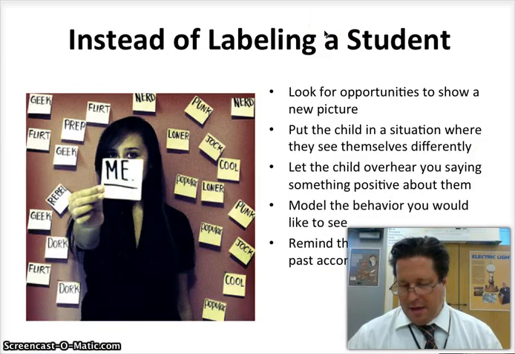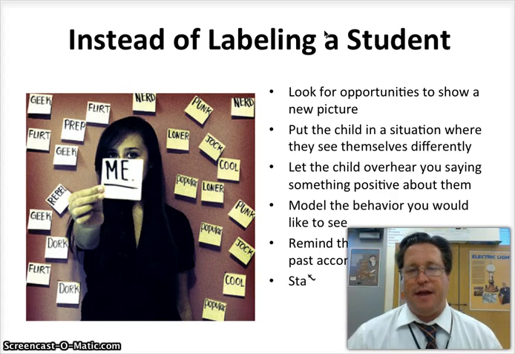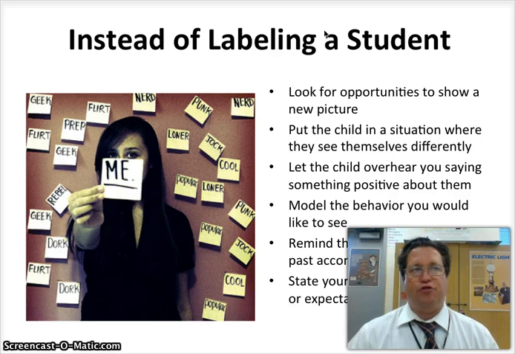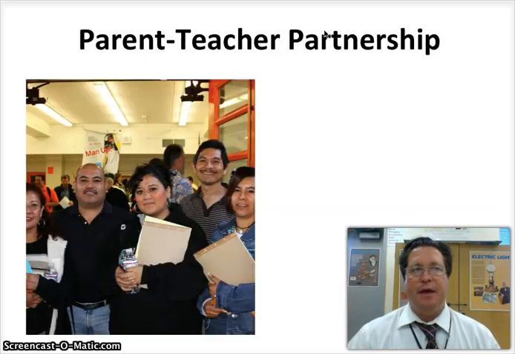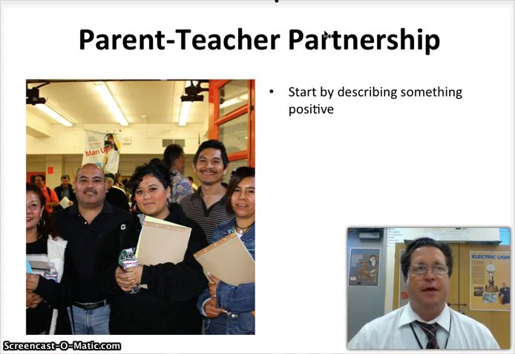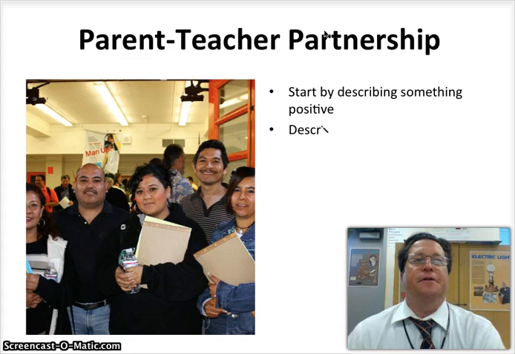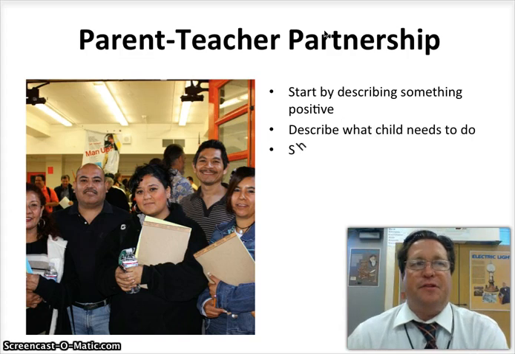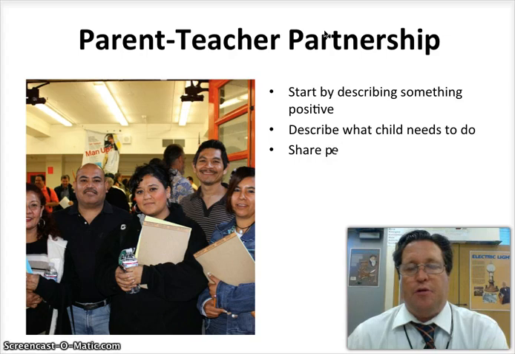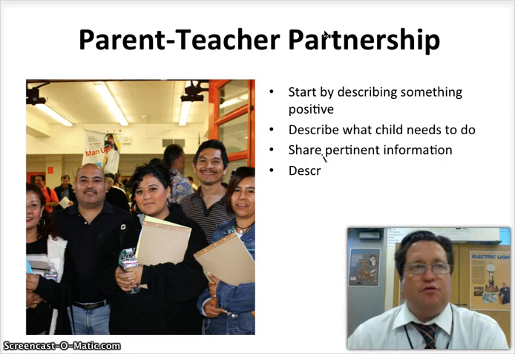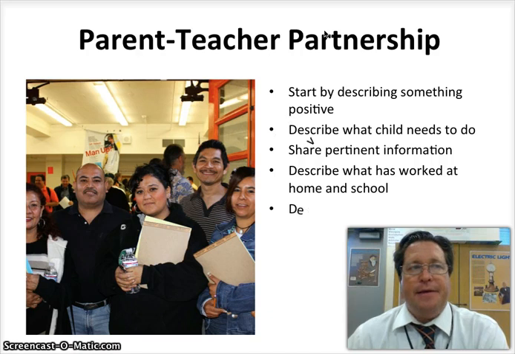Yes, there we go. And lastly, you're going to state your feelings and your expectations again in a positive fashion. So I'm going to rush through the next slide because I'm running out of time. It is about parent-teacher partnerships. You start by describing something positive. Then you describe what the child needs to do to be successful in your class. Then you share the pertinent information about a particular incident. You allow the parent to describe what has worked at home before. Together you develop a plan, and then you end this conference with a positive statement,